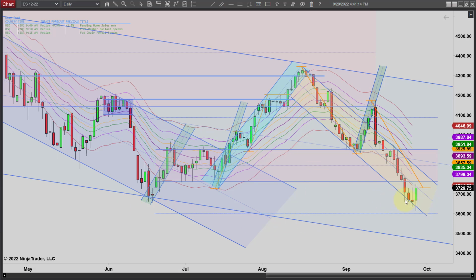Starting out looking at our daily chart, you can see that we made another new low here, lower than yesterday. I think most of this was during the overnight, and we rallied pretty much the whole day. It looks like we're coming out of this. We're going to rally off these lows and maybe relieve some of this oversold pressure. So we were overdue for a bounce.